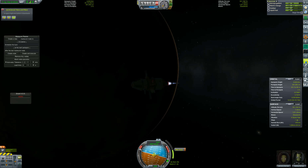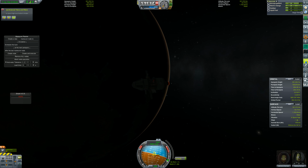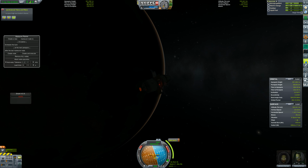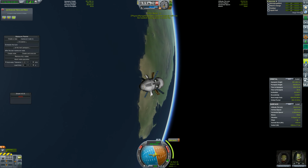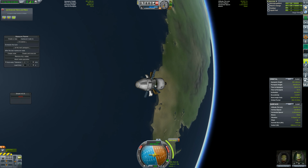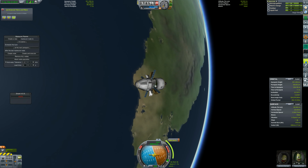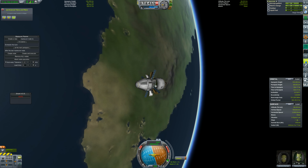And there we go. We've now been captured around Kerbal, so we're not going anywhere. We're home. Well, not quite home, but you know what I mean. Just one more little burn, and we are so close. We're actually going to pass right over the Space Center, there on the east coast of this continent, 100